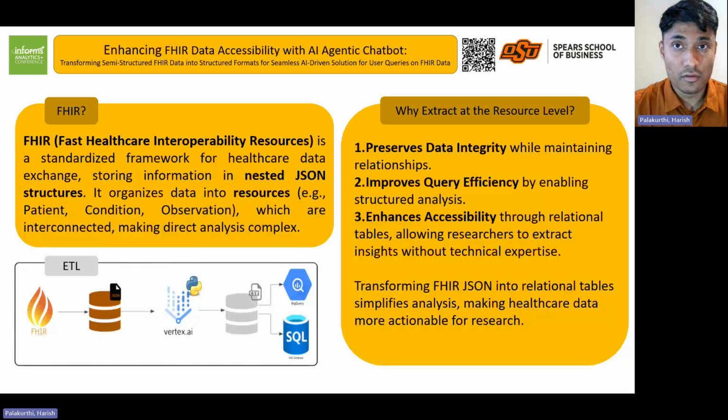But now what we're going to do is extract data from this and store it in a relational table at resource level. Now all the encounters of all the patients are available in one table, and so on and so forth. So that will be helpful for us, right? Next, going forward,